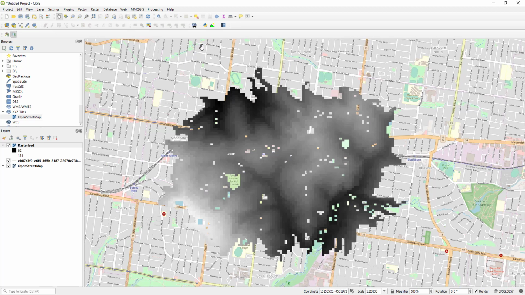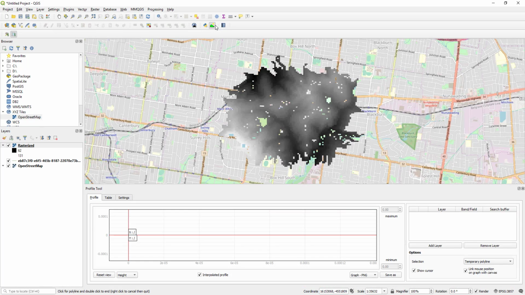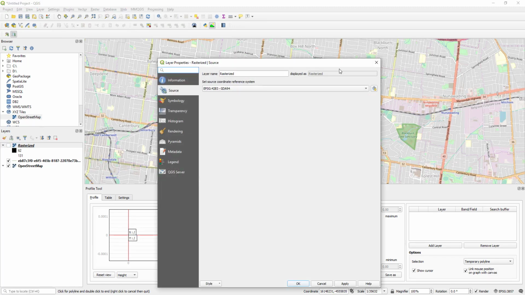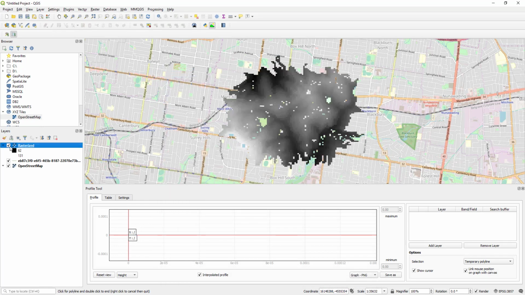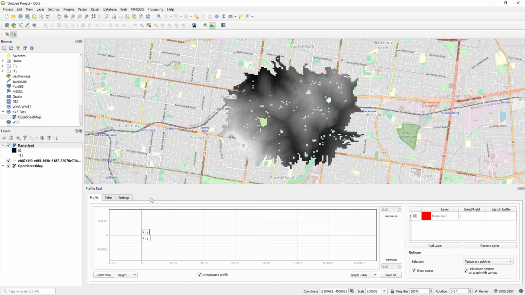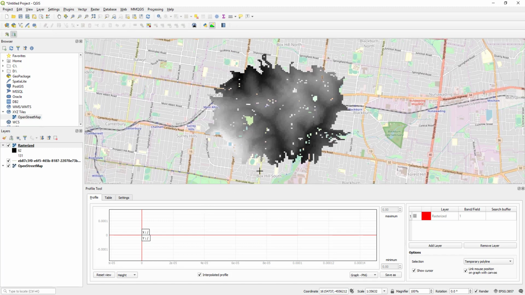So I might just open up the terrain profile tool, just this little icon here. And then what I'm going to do is I'm going to highlight the rasterized photo. Oops, sorry, that's a mistake. I'm going to highlight the layer that contains the raster file, and then I'm going to click Add Layer. This will tell the profile tool which raster file it is actually testing, that it is generating the long section